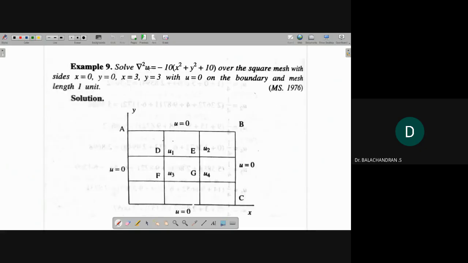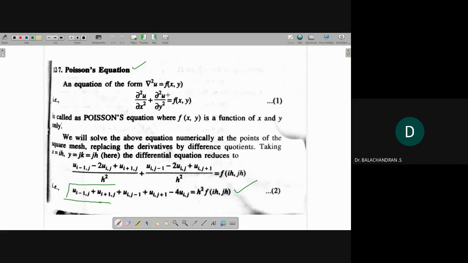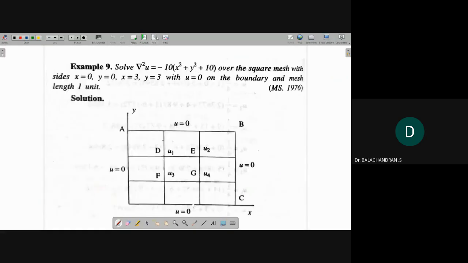Okay, now this is the problem. Solve del square u equal to f of x comma y. In the previous method, the Laplace equation, the right hand side is 0, del square u equal to 0. So here you have del square u equal to minus 10 into (x square plus y square plus 10) over the square mesh,